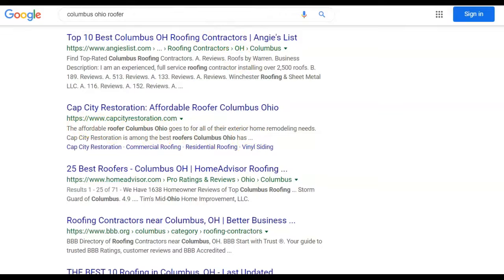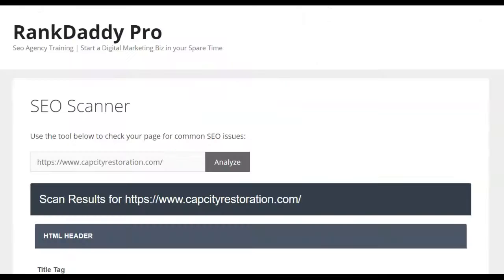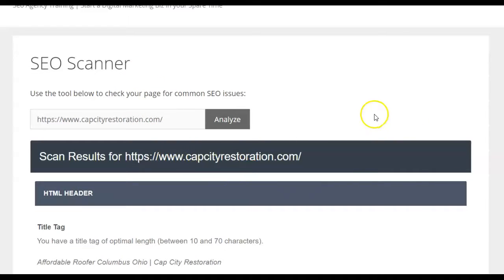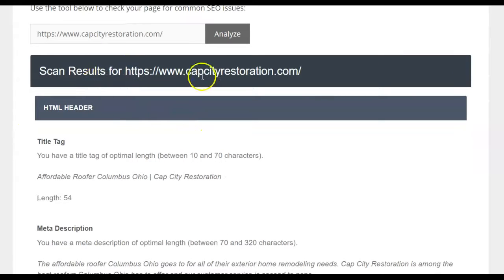So let's go back and run a scan of this website. I'm using this scanner at rankdaddy.com/SEO-scan. I'll leave a link for that in the footer. Be sure to check it out and take a look at your own website. So in the SEO scanner here, we punch in Cap City Restoration, hit analyze, and we see the results for Cap